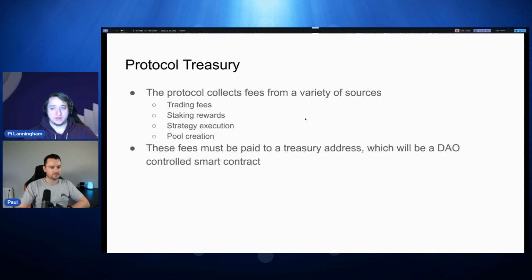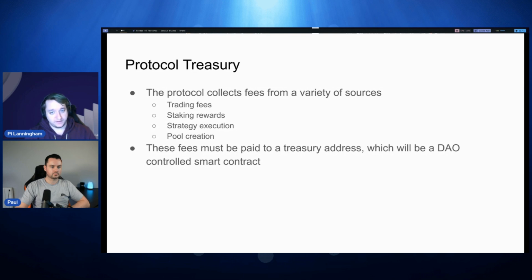Cool. So the next feature, and this is a big one, is this notion of a protocol treasury. Right now there's 4 different sources of revenue. This should actually be 5 because I realized there was an implicit one the other day that I wasn't taking into account. But every time you execute an order, we talked about, it collects fees into a treasury.